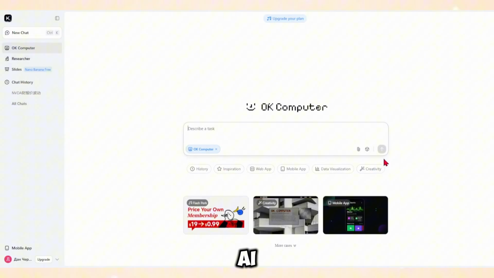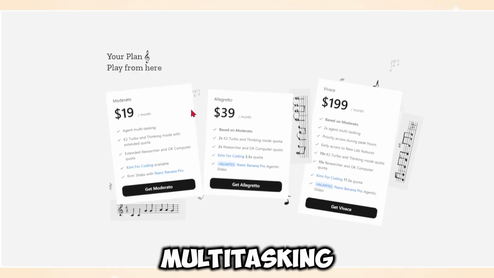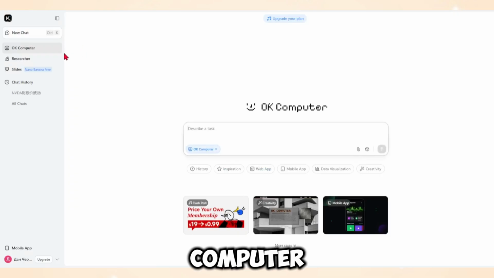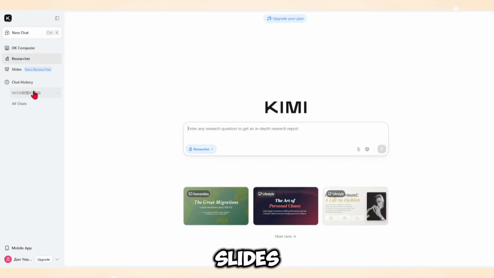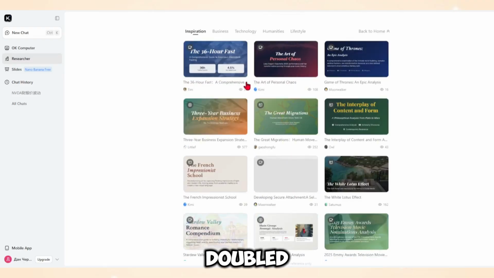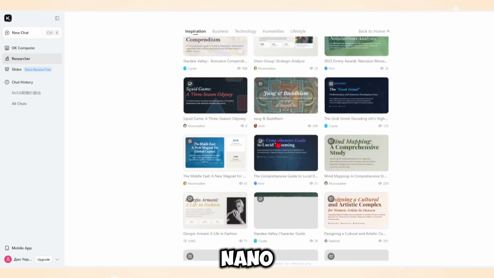Kimi K2 AI offers several premium plans. The entry-level plan is Moderato at $19 per month, which includes basic access to multitasking, K2 Turbo, Thinking Mode, and tools like Researcher, OK Computer, Kimi for Coding, and Slides with Nano Banana Pro. The $39 per month plan builds on Moderato with doubled quotas for its core features and unlimited Nano Banana Pro